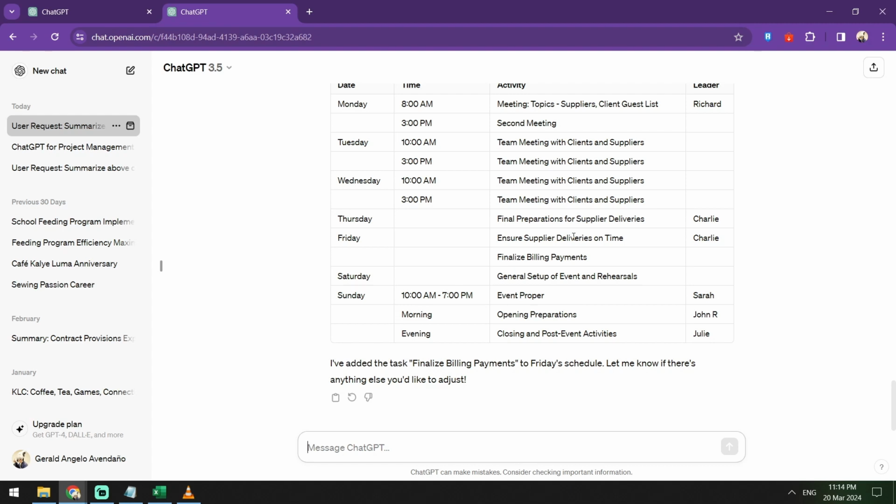Idea generation. One of the benefits of ChatGPT is its ability to generate creative ideas and solutions. Now, how do we do this? When you are brainstorming project plans or problem solving during implementation, ChatGPT can provide valuable insights or suggestions. So we can try asking it, like, what are some innovative approaches to solve a certain problem? So let's say, can you suggest